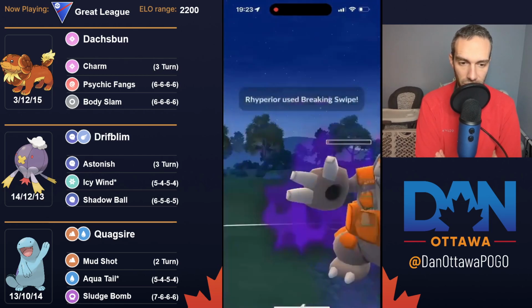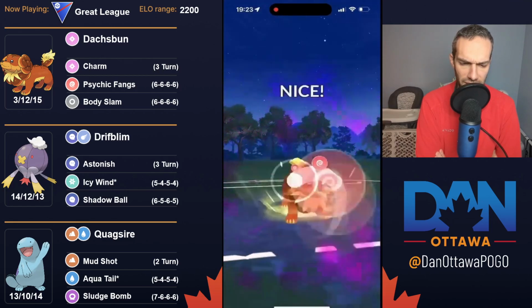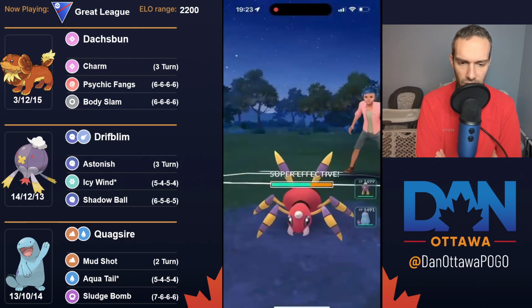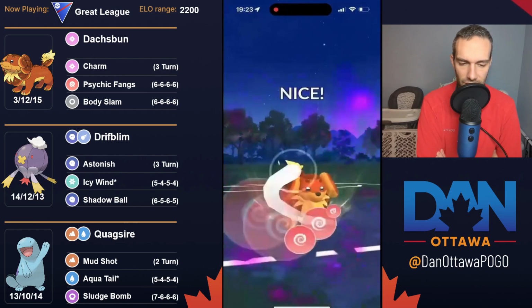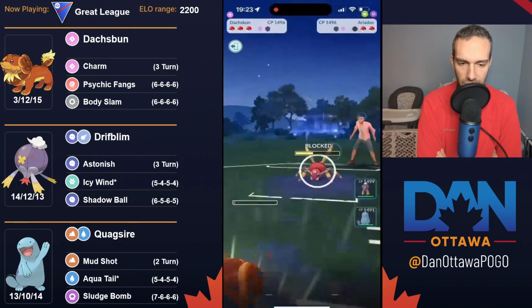But they get to another move here. It is resisted, so you could have lived one, but that's okay. They come in Ariados, which is a poison, but you do have Psychic Fang, so this will do okay. And can we get another move off? We can, so this is nice. Getting off a second super effective Psychic Fang. Not a ton of damage in the move itself, but